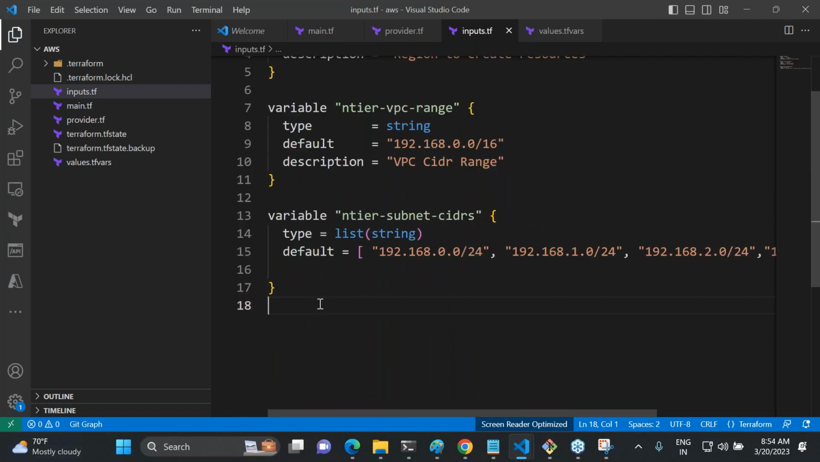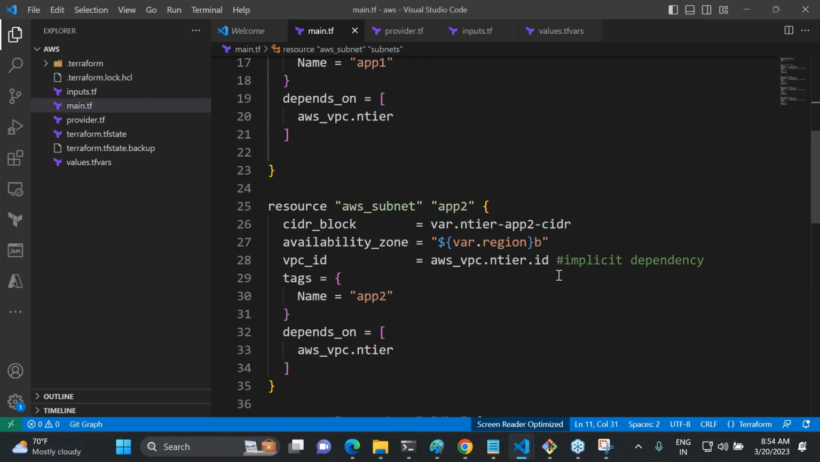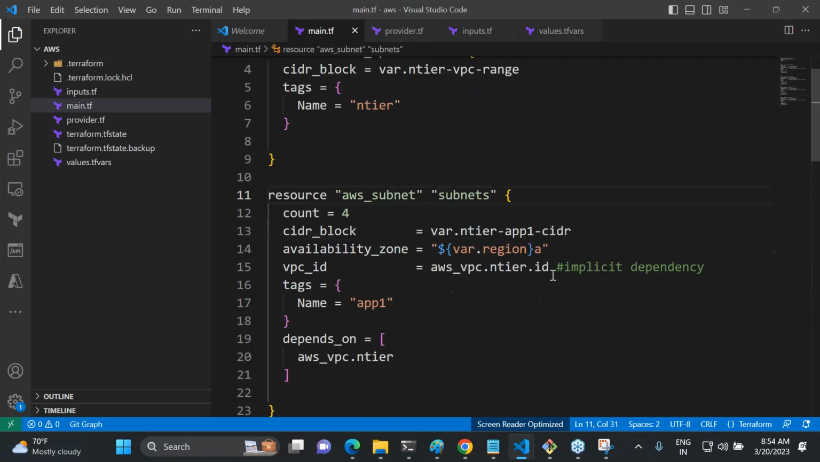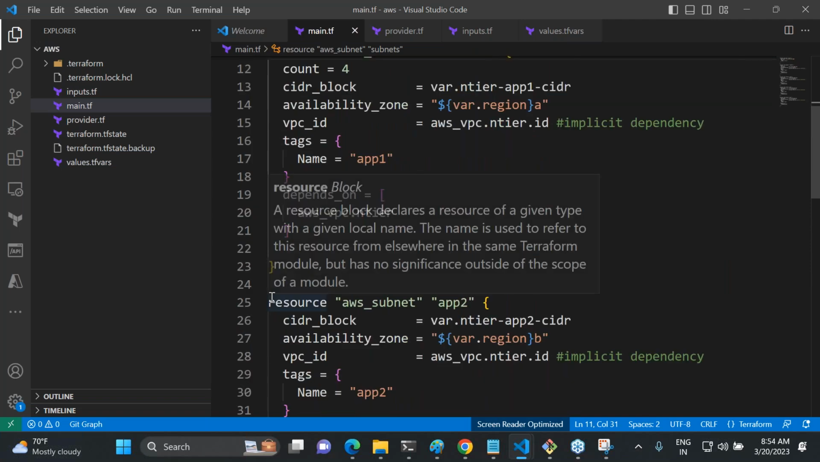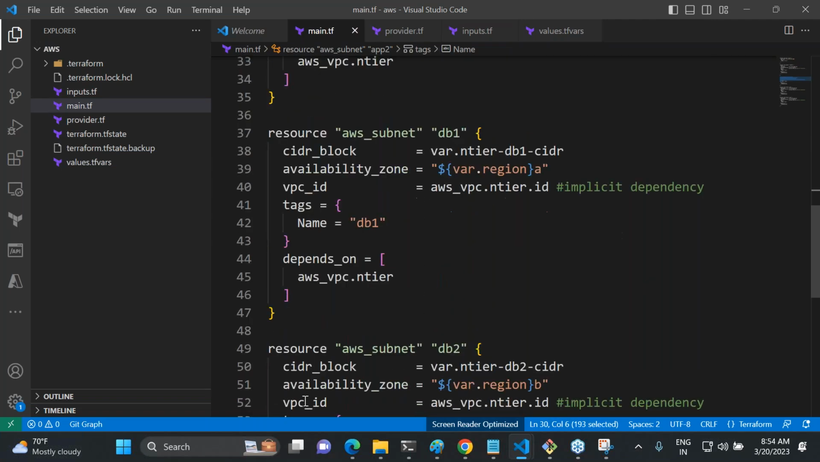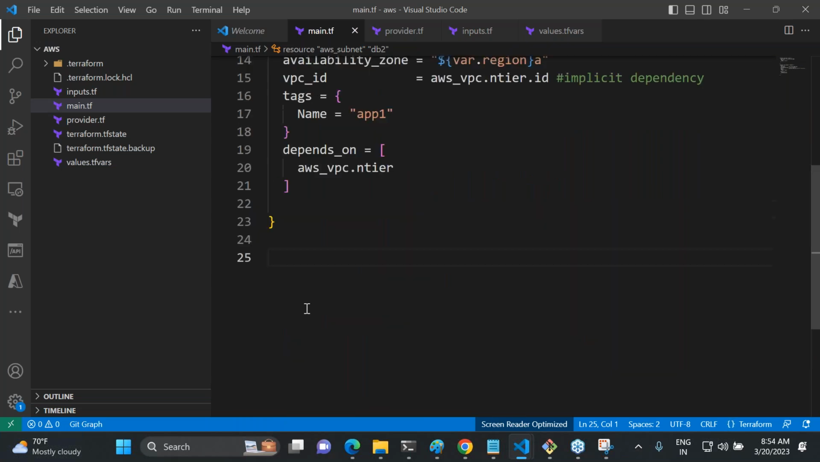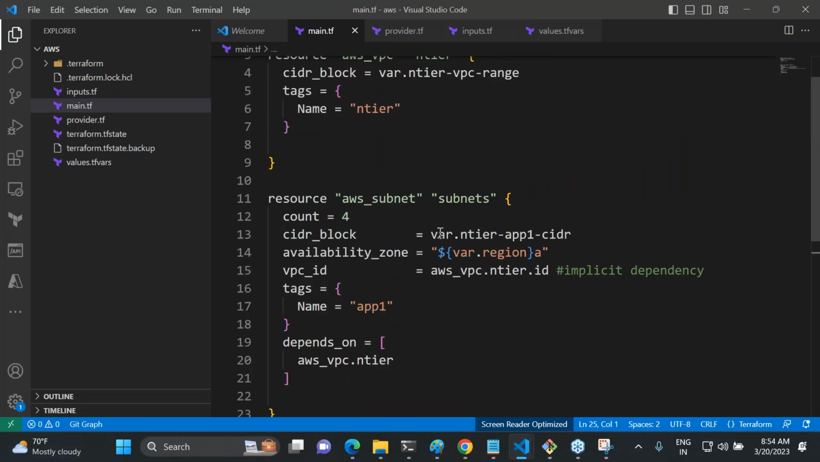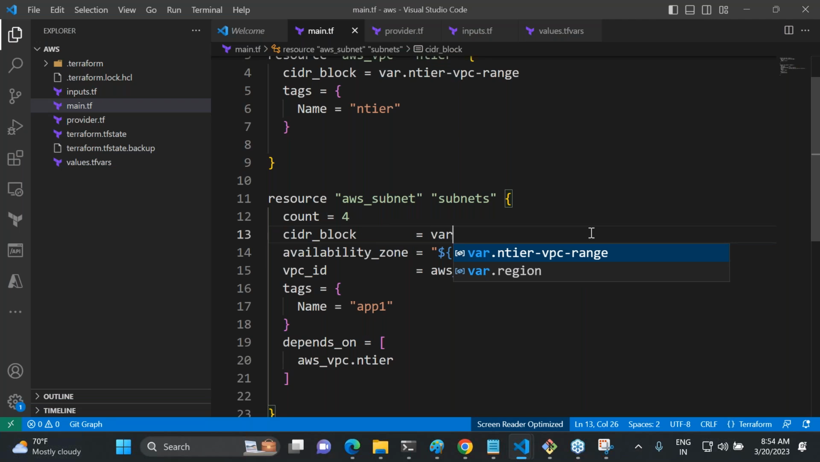Right. Now what I'll try to do is I'll go over here and then subnets. And then rather than using var.app CIDR, what is it? I have 4 subnets to worry about. So var dot